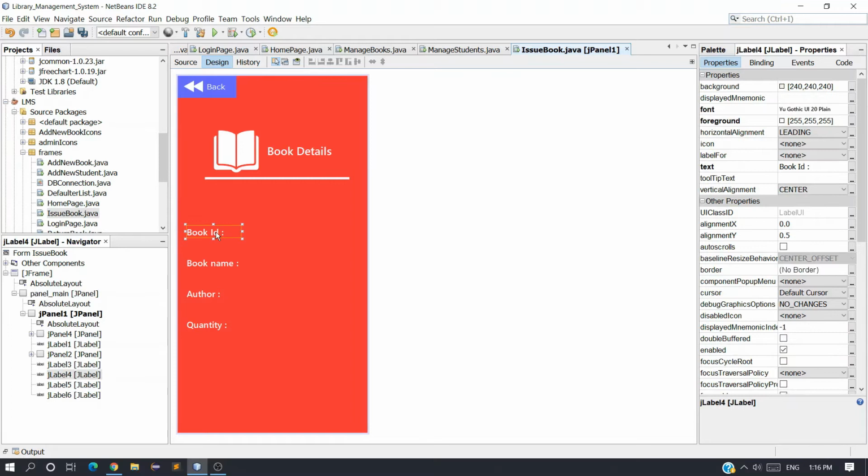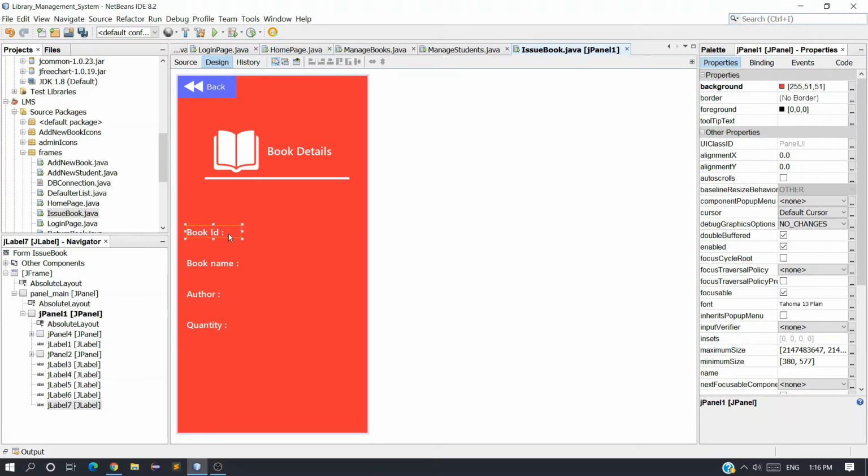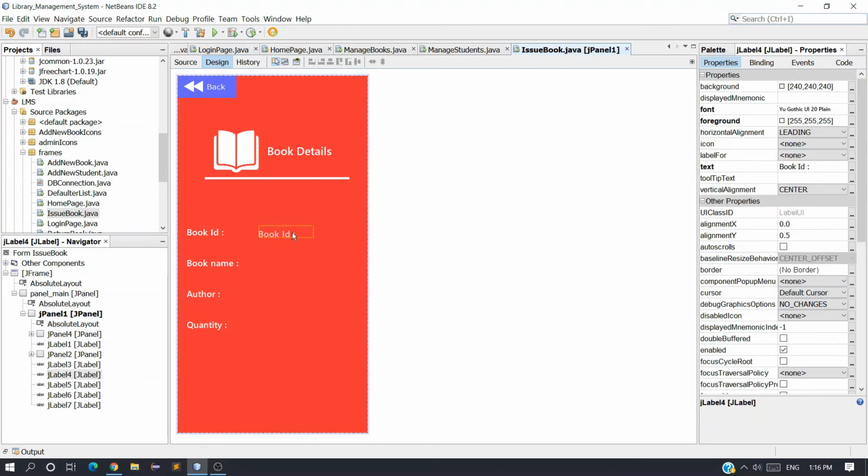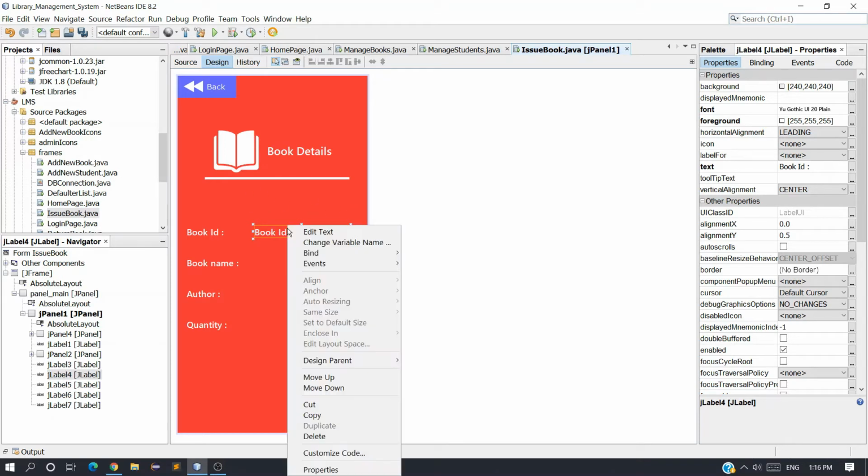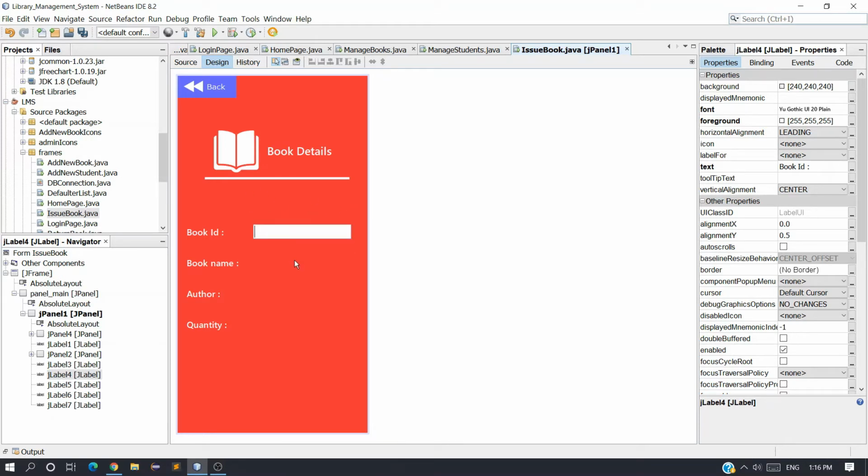Now copy this label and keep it here, and initially we don't want to display any data on these labels, so edit text, make it blank. Initially we will display data on these labels at the time of entering the data.